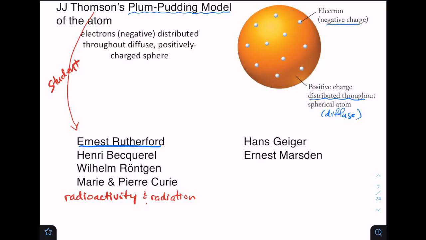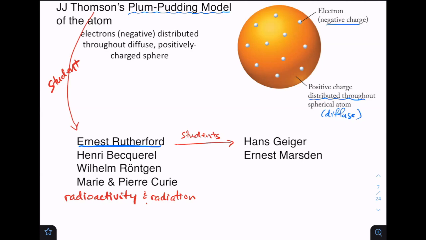Rutherford had his own graduate students by the names of Hans Geiger and Ernest Marsden. Now, Geiger, you've probably heard of Geiger counters, all right? So these folks were all working in radioactivity, but I guess Rutherford still had a fondness